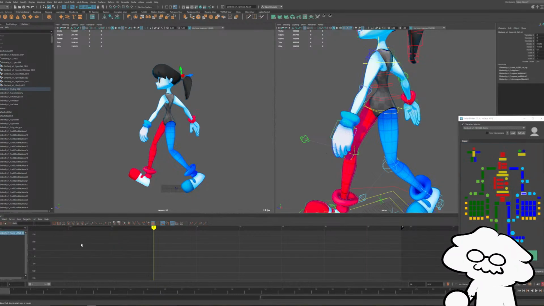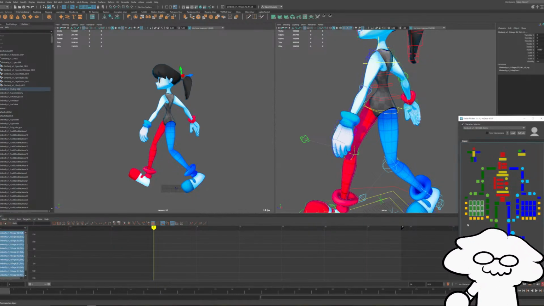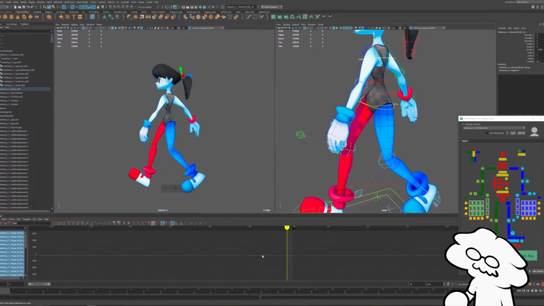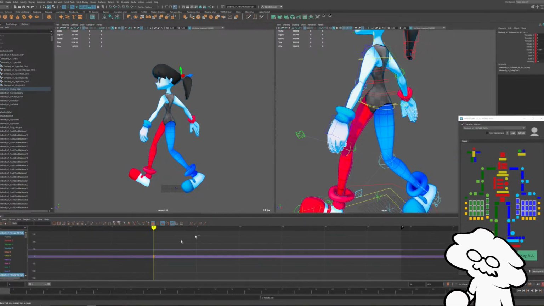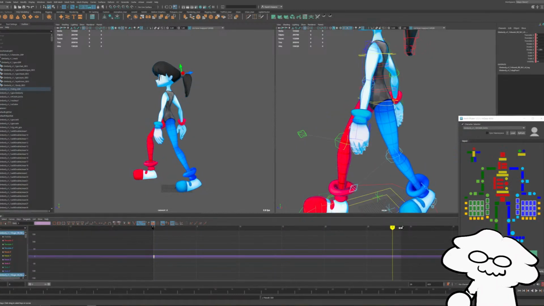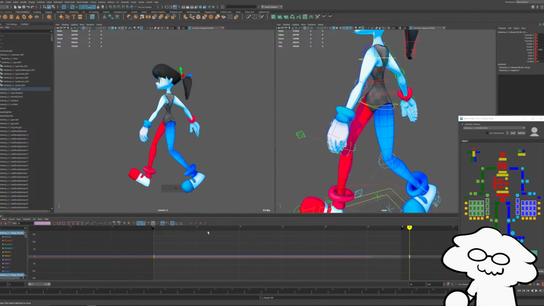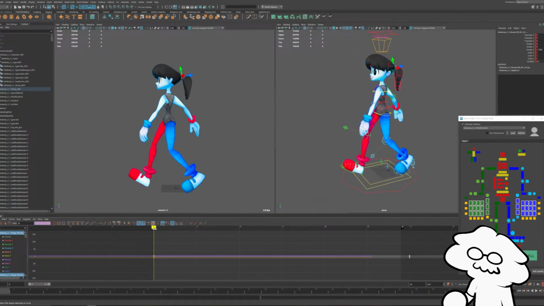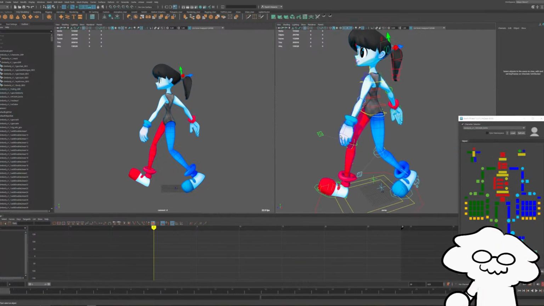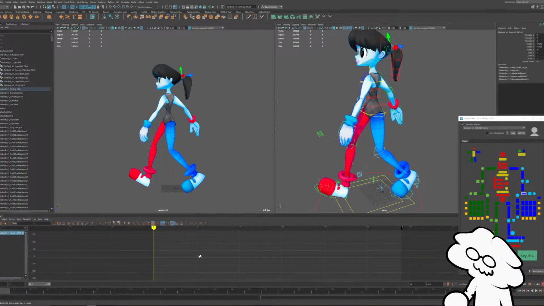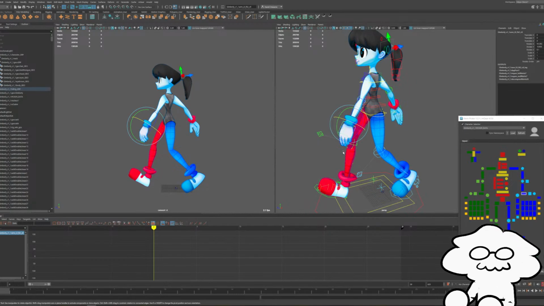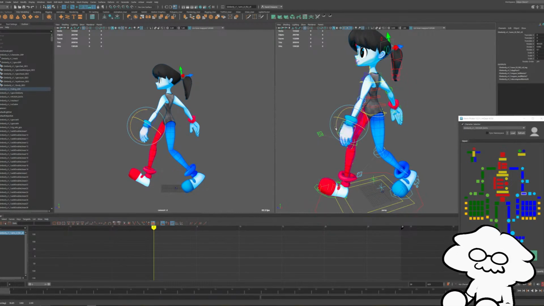So since we just affected our fingers, let's select all our fingers and thumbs, key all that, and then go to frame 30 and copy those frames over. Now frame 0 and 30 should be the same. Great.